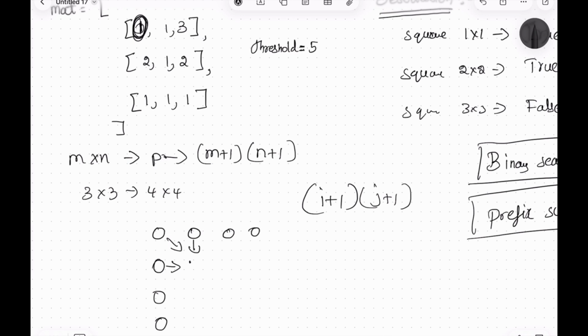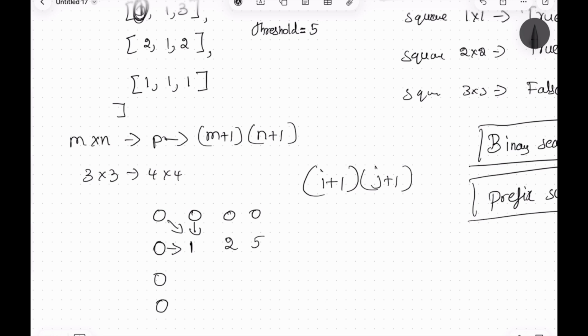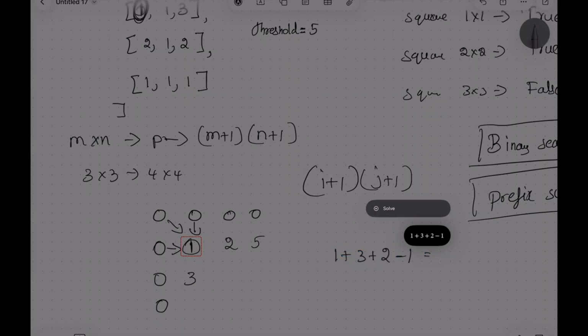So as a result we get 1 here, and when we jump here the left value is 1 and again 0 0, so this will be 2, and here the left value is 2, and I forgot, sorry, this, and the matrix value is 3, so this will be 5, right? And coming to this, we have 2 here, and top is 1, and there is 0 0, so there is nothing to subtract, so this becomes 3, and again here 1 plus 3 plus 2 minus 1 because of this, so this becomes 3 3 6